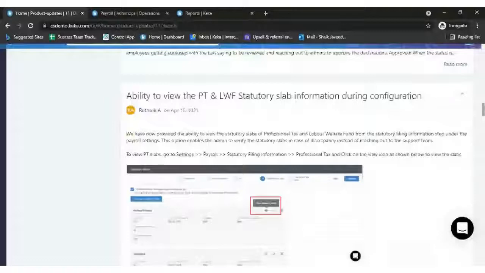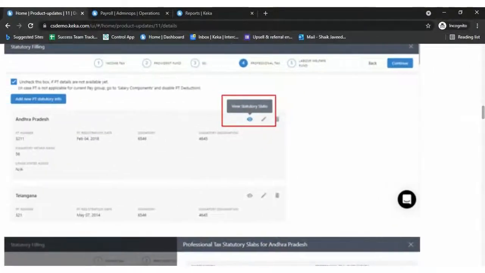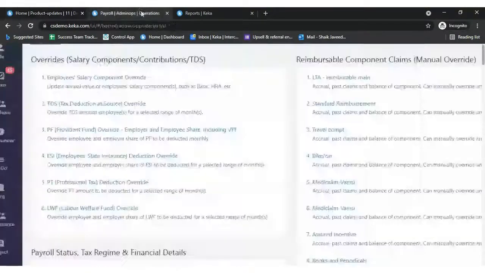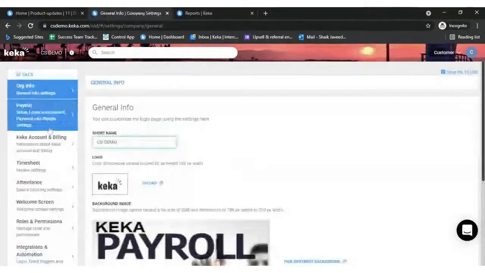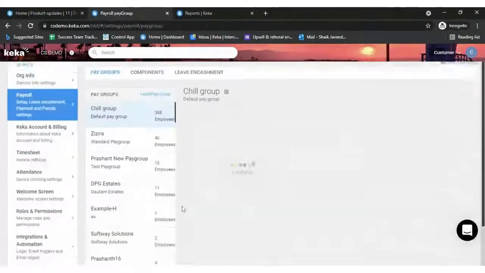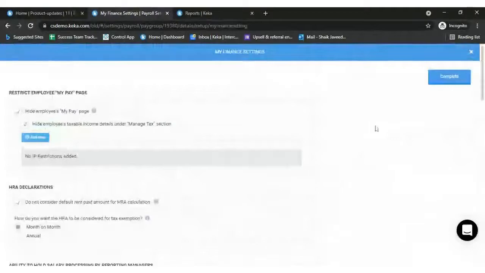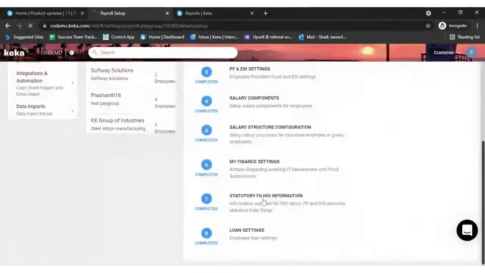This was also one more interesting option, PT slabs. If you navigate to the PT settings, we got this. If you want to understand more about viewing statutory slabs, I'll show you an example. You need to navigate to settings, payroll, my finance settings, statutory filing information.